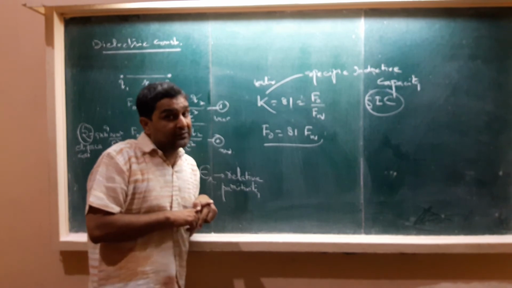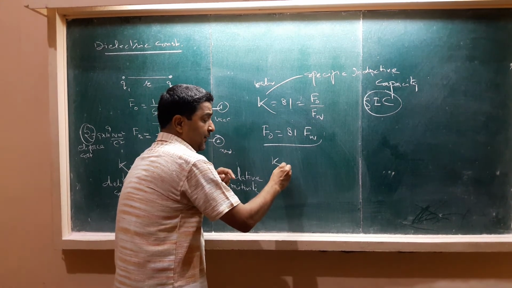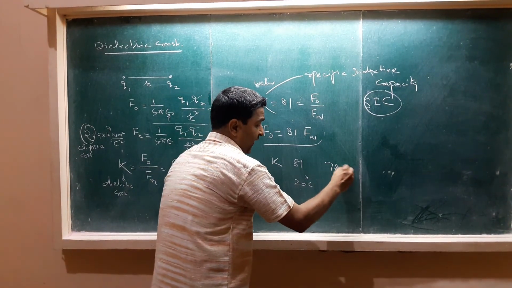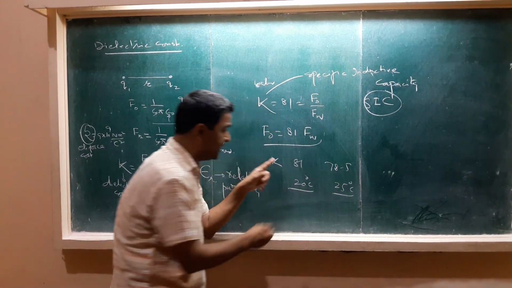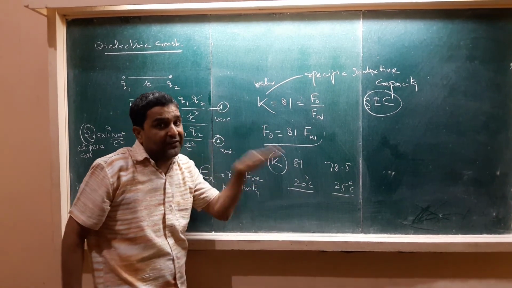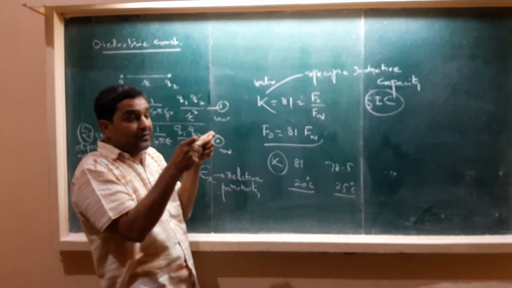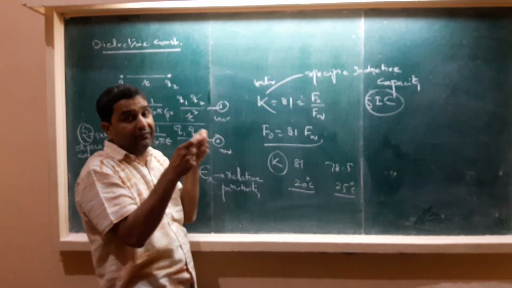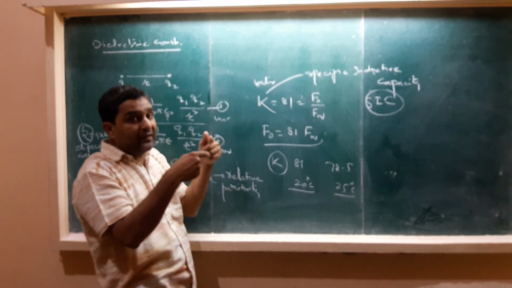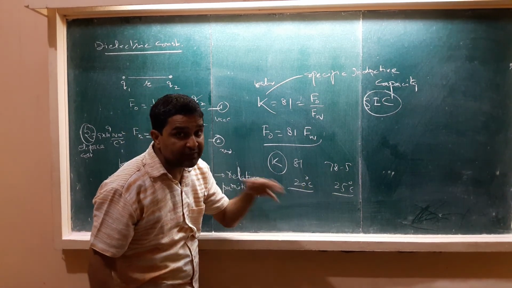And also remember this thing, what I want to say: this K is 81 for water at 20 degree centigrade, 78.5 at 25 degree centigrade. Means this K decreases, or changes, with temperature. If you have two charges in water at 20 degree temperature separated by some distance, there this K is 81. But when you increase temperature, this K will decrease with increase in temperature. This I want to say.